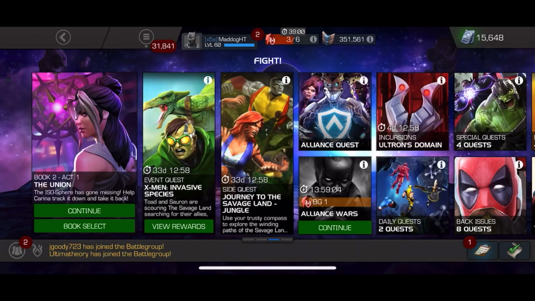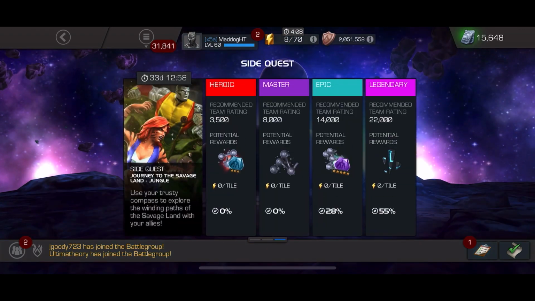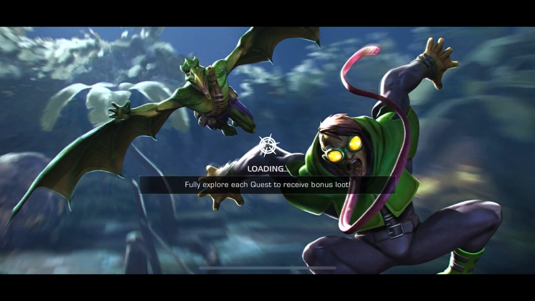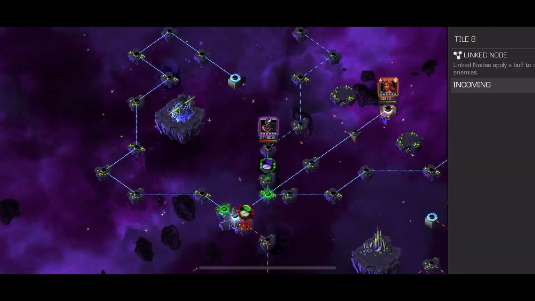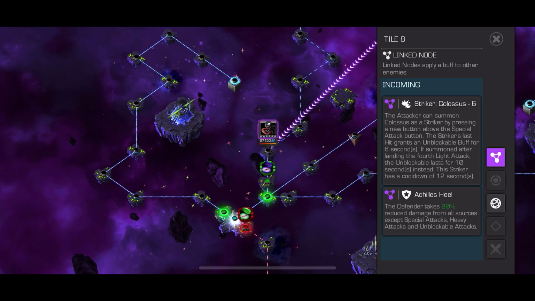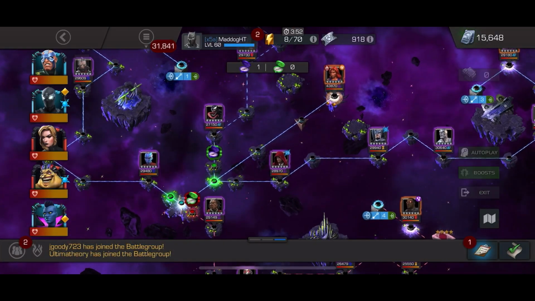We're going back into the jungle, journey into the Savage Land, side quest, going in for another path, and we're going to use another compass. This is the team that I'm bringing for this path to try out and just kind of use some of the champs that maybe I don't get a lot of traction on. This path has the purple compass, and it's got Achilles Heel, so